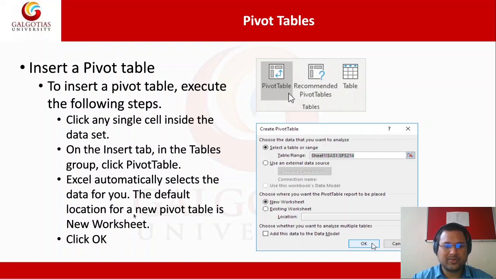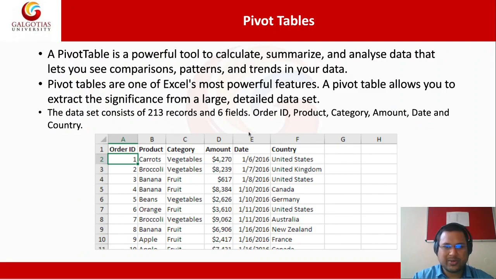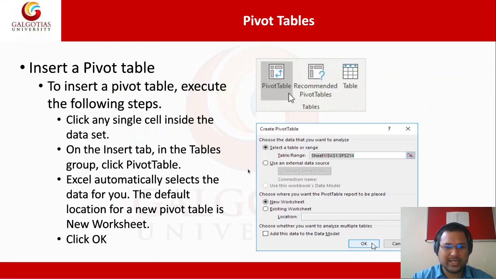The default location for a new pivot table is a new worksheet. The result and analysis of this pivot table will be stored in a separate worksheet. What do we mean by worksheet? The data we have, the result of the analysis will be stored in a separate sheet like this. I'll show you how to do that. Then click OK.